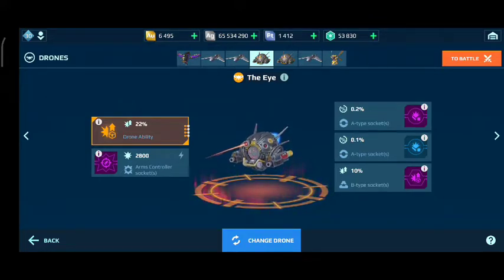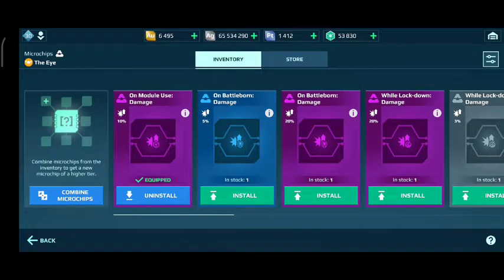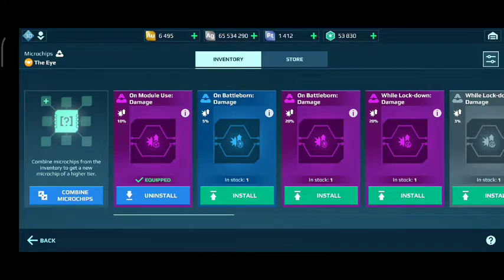What you do need to remember is I use the icons, as you can see here. This is the triangle icon, as you can see on the left side of every title of the chips. Like you see on the first chip is the on module use damage. It used to be a different name, but it's called that now. And on the left side of that, you can see an icon which is like a triangle type of thing. I remember that because I